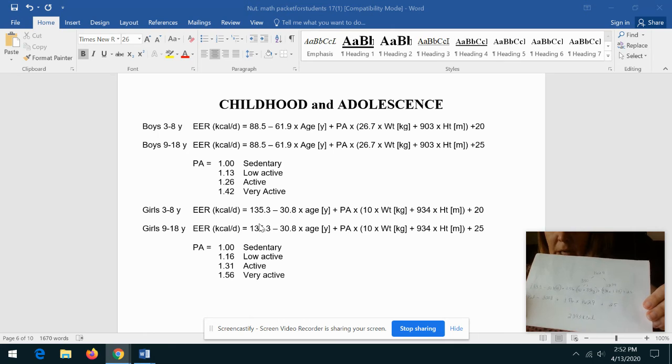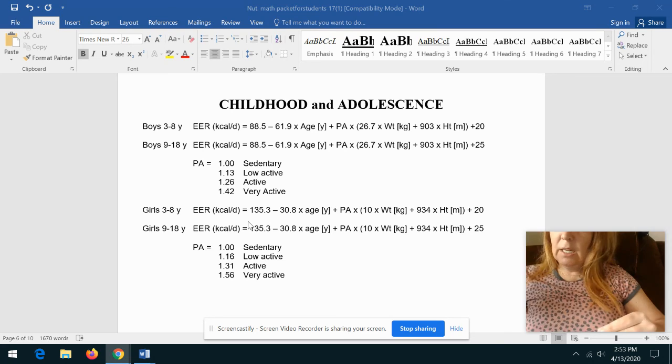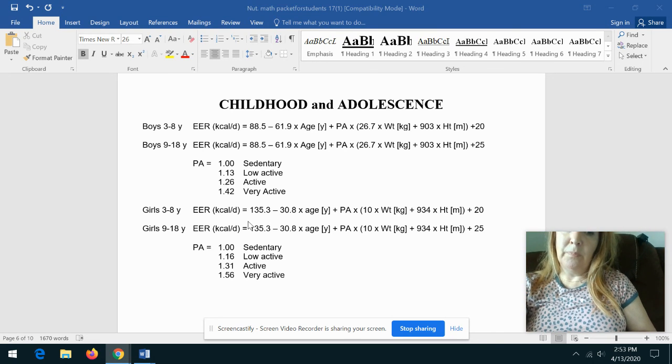Okay, so just follow your order of operations and make sure that you're taking that factor times their weight in kilograms and adding that, the sum of that, to the sum of their height times the factor. And then that together is what you'll multiply the physical activity factor by. Okay, and that's where a lot of students get a little messed up. And if you're wondering why her calorie needs are so high, it is because of that very active